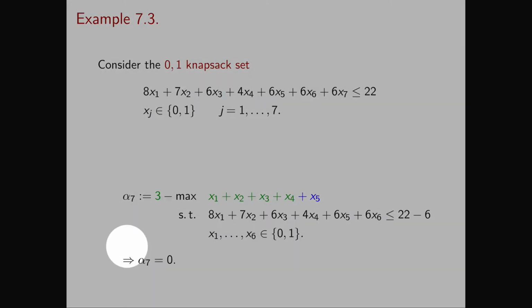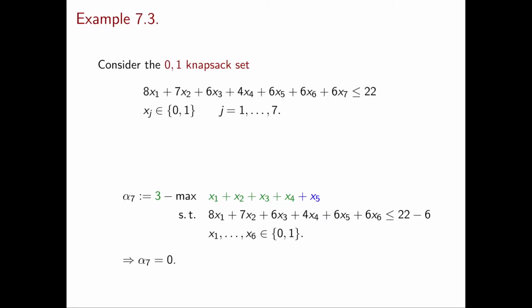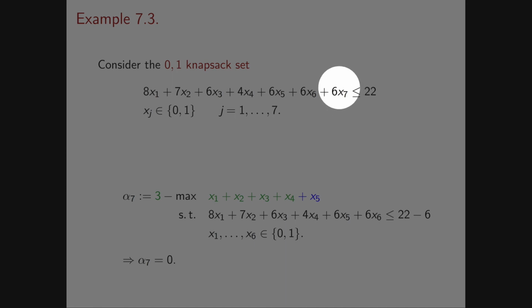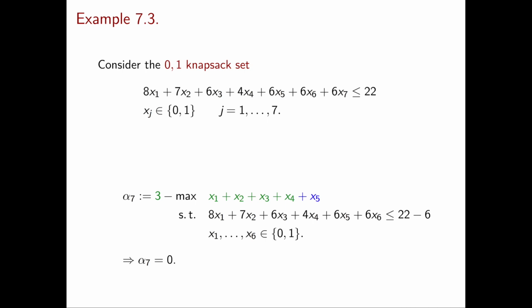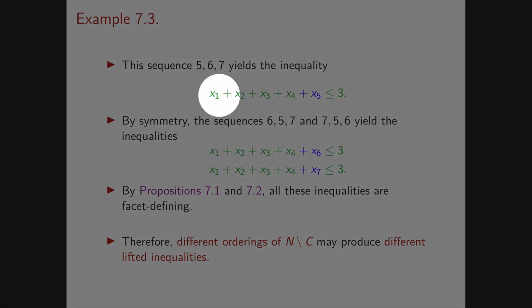Finally, what about alpha 7? Again, 3 minus the max of the current lifting. Now we have plus x5 as before, plus alpha 6 x6, which is 0 because we obtained alpha 6 equal to 0. Now the inequality is the original one where we set x7 to 1 and we obtain this inequality. This problem has dimension 6, and if you solve it, you obtain alpha 7 equal to 0. Therefore, the final lifted inequality is the following: x1 plus x2 plus x3 plus x4 plus x5 less than or